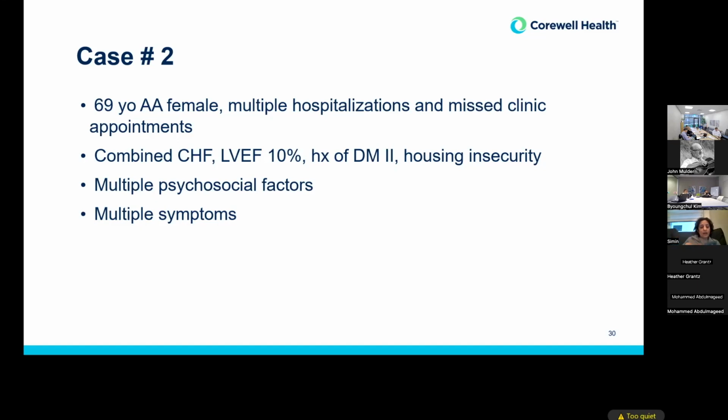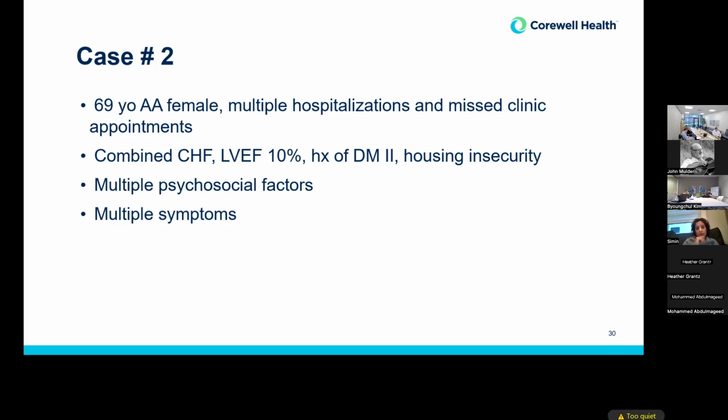But a lot of social determinants of health, many psychosocial factors, and had a lot of symptoms with chest pain and fatigue and dyspnea. When she was hospitalized, they reached out to us and said, "Hey, the patient that's been on your schedule that you've never been able to see is in the hospital." So I went there at the time with our fellow, and we did our typical three-question approach, and she was